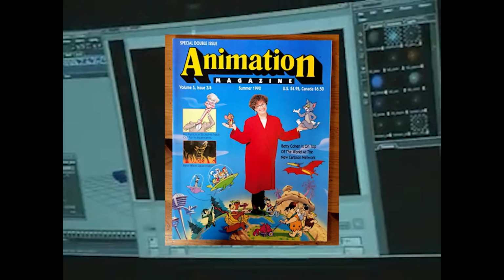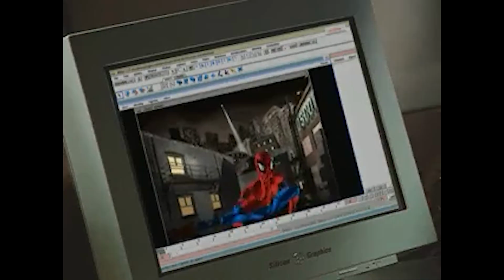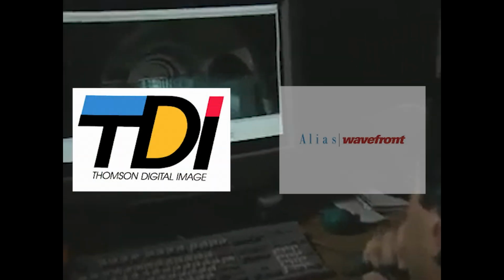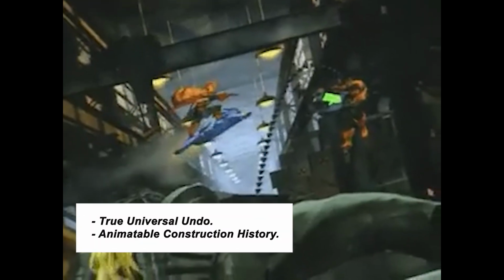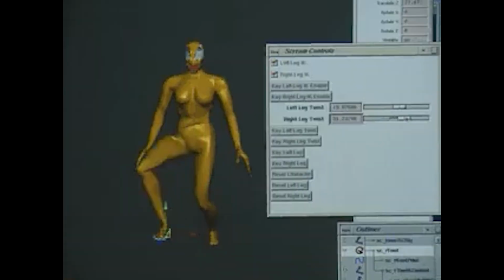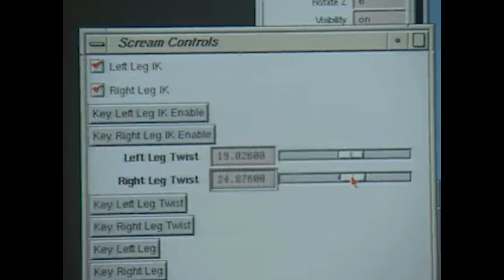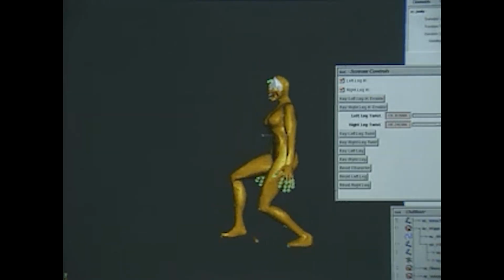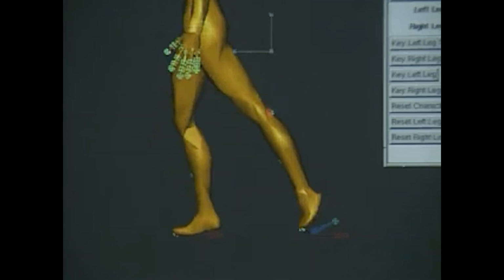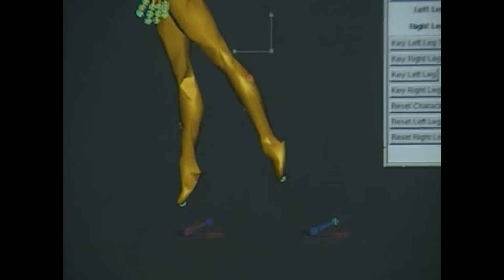Early coverage in Animation World magazine highlighted that Maya was a fresh codebase combining features from multiple predecessors like TDI Explore, Wavefront, Alias Power Animator, and so on, but built for performance and a new level of interactivity, for example having a universal undo, animatable construction history, and so on. For many studios, this was a new thing, so they embraced the fact that virtually anything in Maya could be customized or programmed. This was like a dream come true for technical directors who could integrate Maya deeply into their production pipelines. Some of them in fact didn't know that was possible at the time.